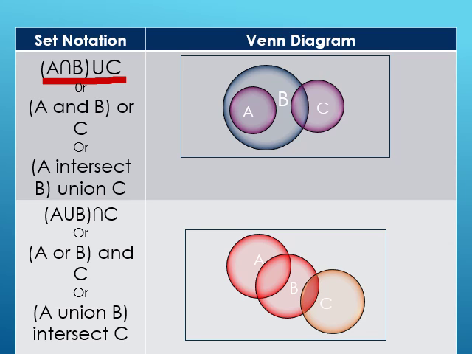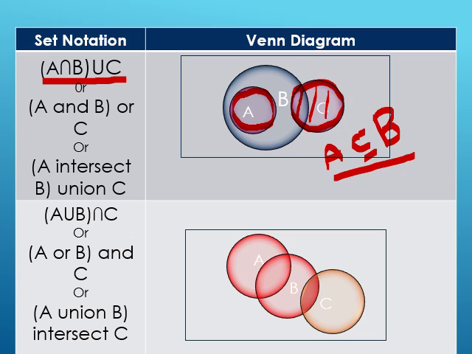The next set notation is A intersection bracket B union C. And this is the Venn diagram where three sets are like this. As you can observe, A is subset of B. A is contained in B. So A is the part of B. So if we take A intersection B, it is equal to A. This is the bracket part. The next union C, it means that we are going to take everything of this bracket part with C. So this is A intersection B union C.